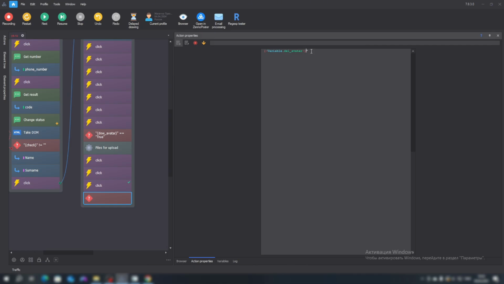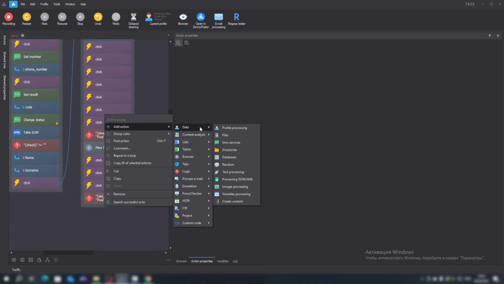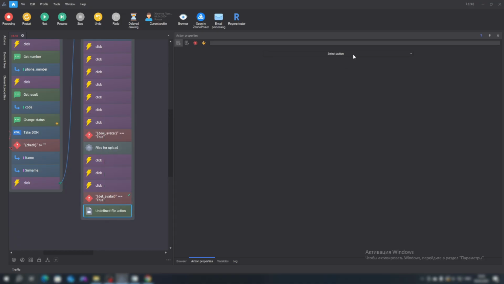We equate it to true, perform a check, and it is indeed true. And then we need to delete our avatar. We do this through Data, Files, select the action Delete, and specify the path to our file. Again, we copy our variable with the path to the avatar. We execute it, and we see that our avatar was successfully deleted.